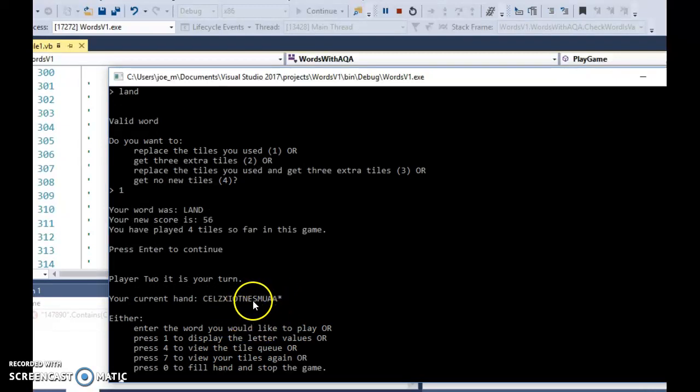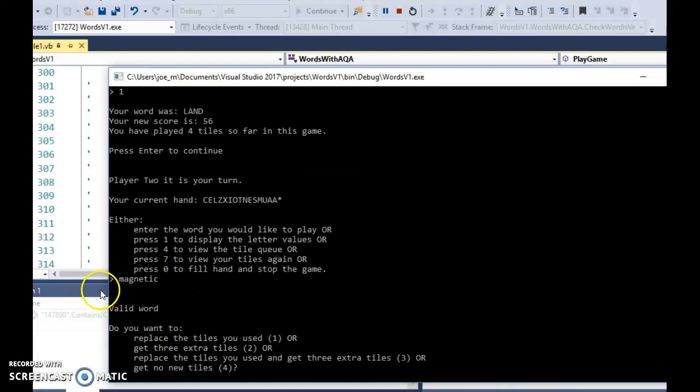So we've got no N in this particular hand, so if I type in man, that should be accepted, and then the star. But if we put it as, my mind's gone blank, so I go for magnetic, this should be allowed, it's a valid word, even though when we look we can see there's no G, so the star is